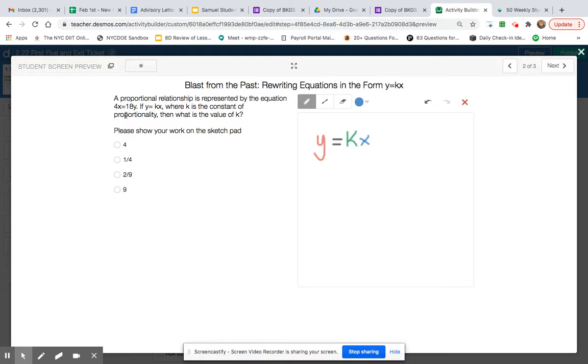So they tell us that the following equation we have is 4x equals 18y,